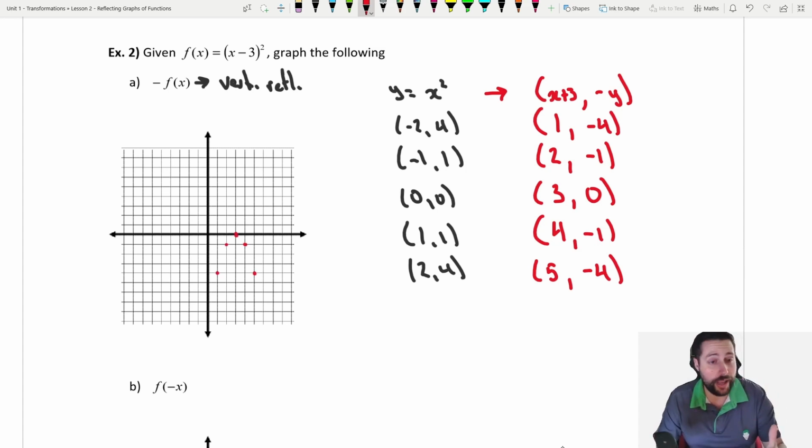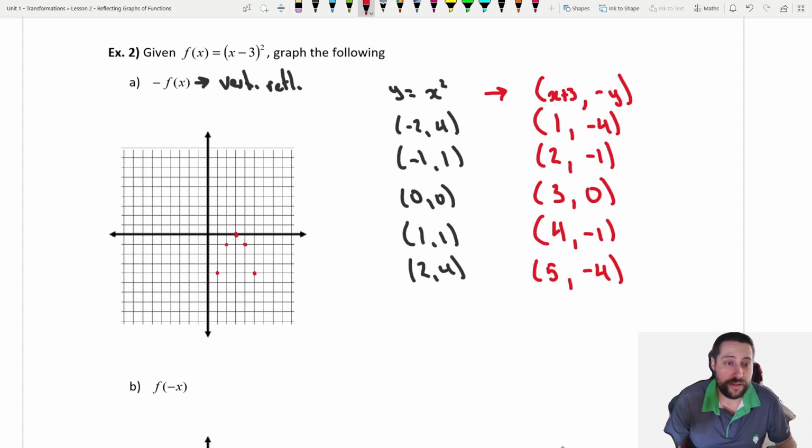Okay, so we've gone ahead and plotted these points out. Here we have 1 and negative 4, 2 and negative 1, 3, 0, 4 and 1, and 5 and negative 4. So we've plotted out our points, which means it looks like it's going to be a parabola that's opening down, which makes sense because the original function,